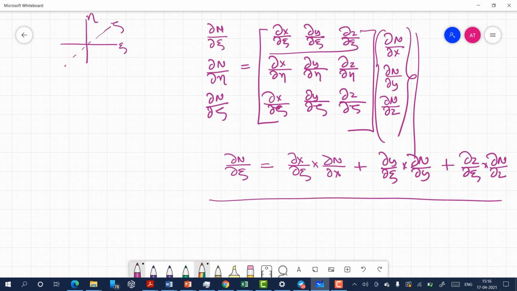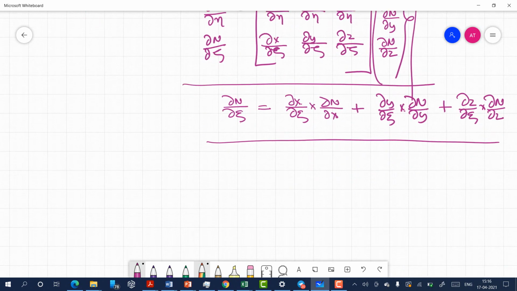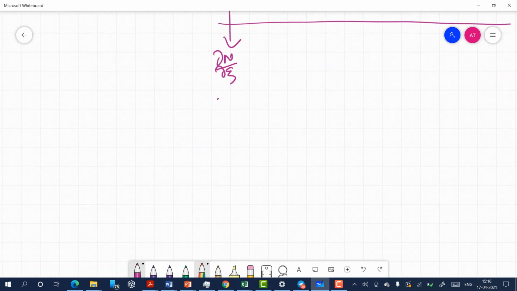Okay, so if I have to find out the derivative of n with respect to zeta, I will open it up in x, y, z, right? And this will be the chain rule for the differential, and this is what I have written in this form. Okay, and when I write it in this form, then this term is del n by del zeta and del n by del eta, del n by del psi equals to,